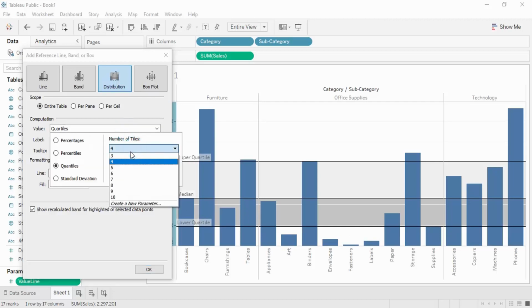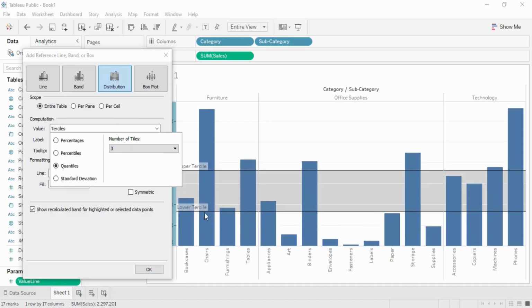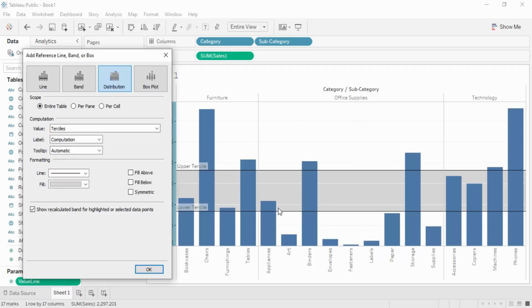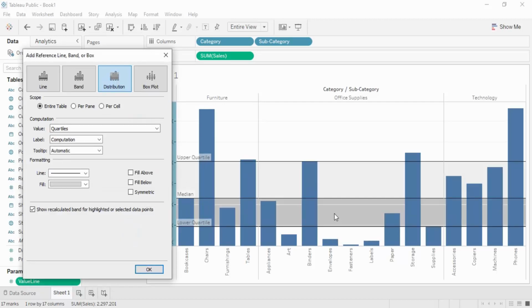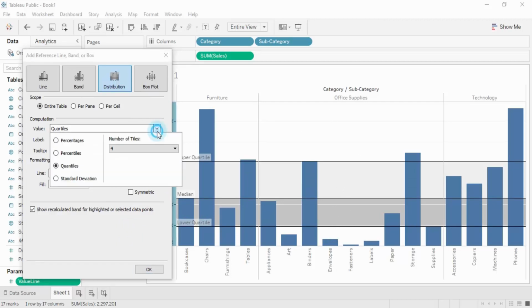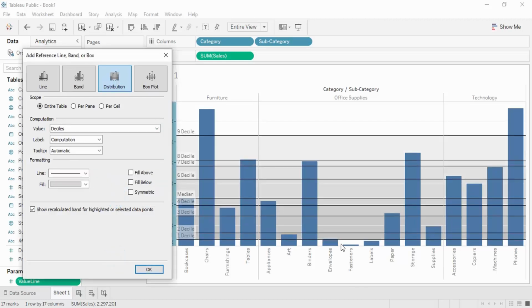By default there are 4 quartiles. If you want 3, that means only the lower tertile and the upper tertile would be shown. That means this whole sales value is distributed into 3 parts. This is the first part, right? That is above the upper tertile. Then this is the part that has been highlighted, and the part below the lower tertile. Okay. If you select 4, it would be distributed into 4 parts: 1, 2, 3 and 4. Just like this, you can select the number of tiles in which the data is distributed. If you select 10, you would get 10 distributions or 10 bifurcations, like 1, 2, 3, 4, 5, 6, 7, 8, 9, 10, right?